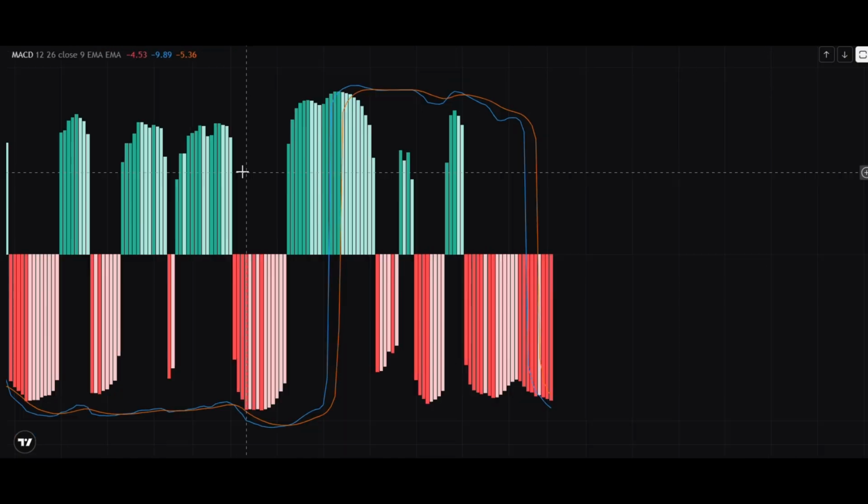And the last part, let me show one more time with the MACD. Green on the MACD represents buyer momentum, and white on the MACD represents seller momentum stepping in. Green, buyer momentum, white, seller momentum. So here